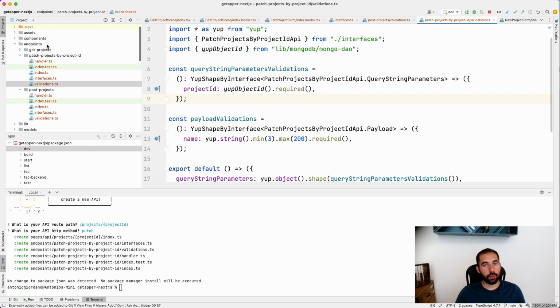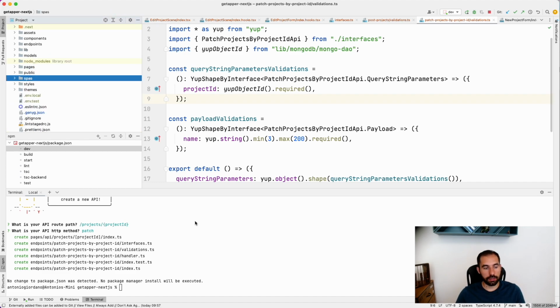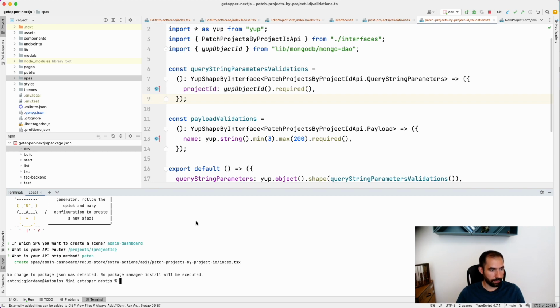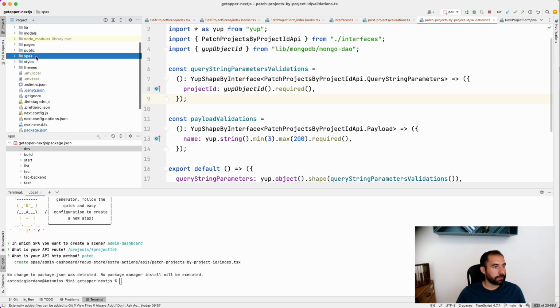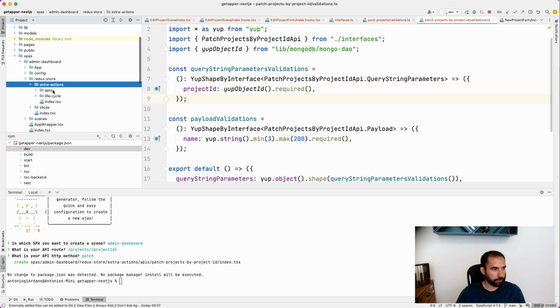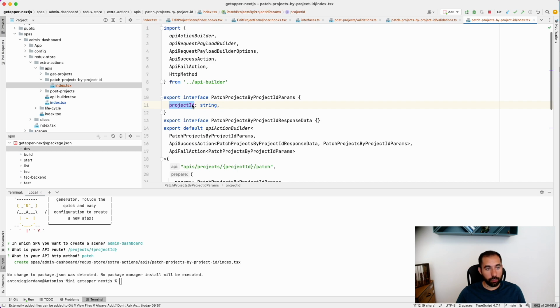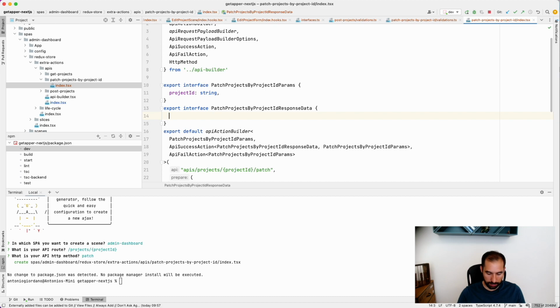Perfect. So now we have our endpoint, and we also want to create the respective AJAX version. Again, project ID, patch. Patch projects by project ID, index. Also here we have our project ID that is a string. In this case it is correct because this data will need to travel through the internet, so it should be serializable, so it should be a string. And the response data is again a project